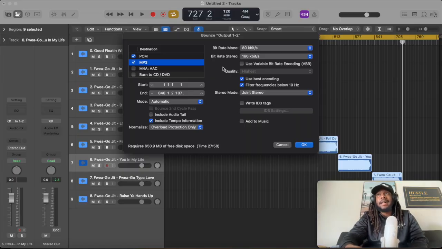Now, me personally, I got an iPhone, right? And when I share my files to my phone, I save my audio files to my phone so I could listen in the car or whatever. I haven't done the research on it, and I don't know the science behind why. Usually if I'm playing an MP3 file on my phone, let's say I listen to the song from start to finish.